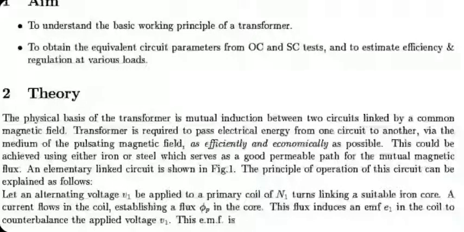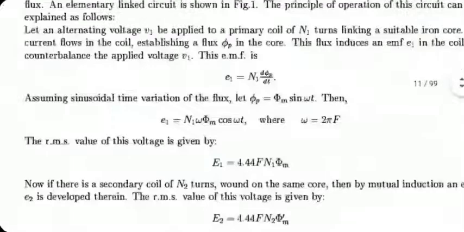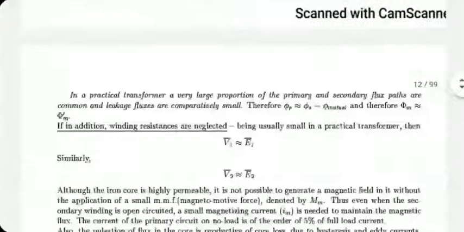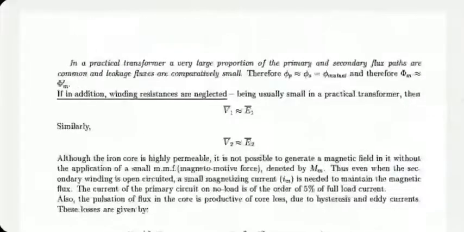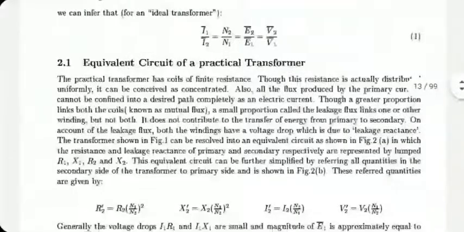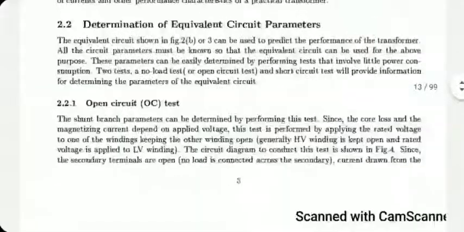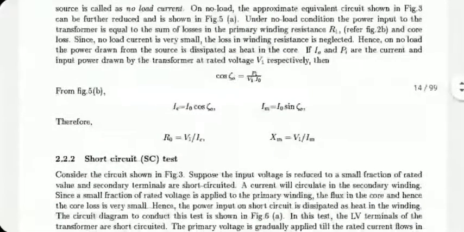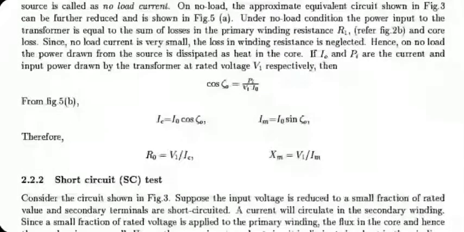An elementary linked circuit is shown in figure 5. We have done all this, so I'm not going to. These equations we have already derived. They have repeated all this in the experimental data sheet. We know that V1 and E1 are almost equal. Instead of VP and EP, they are calling them V1 and E1, which is fine. Now, there's a lot of detail here. I don't think we want to go through each and everything, but the basics that I told you about are repeated in this diagram, and equations are repeated again. Symbols are slightly different from what I have used.